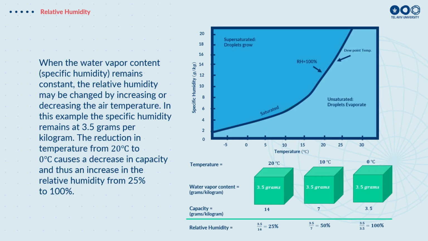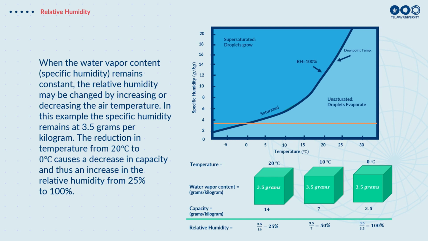The other way that we can actually reach saturation and produce a cloud, which is often more common than adding more water vapor, is to simply cool the air. So now let's look at this yellow line again. And now we have a constant amount of water vapor. So now the water vapor is about 3.5 grams per kilogram. That's this horizontal yellow line. And now we're going to cool the air from 20 degrees to 10 degrees and to 0 degrees.